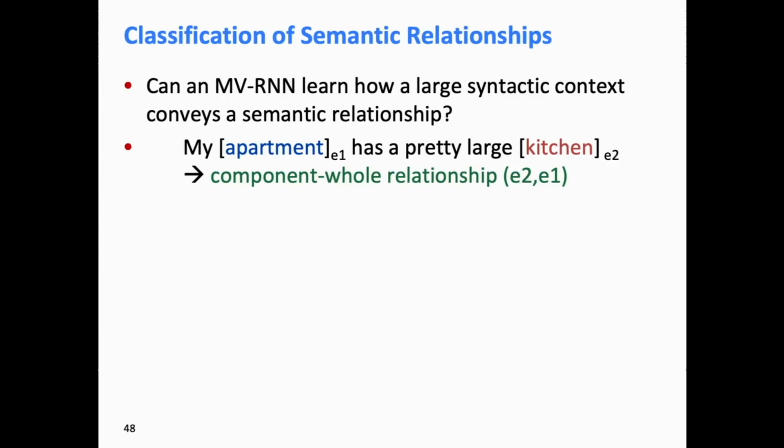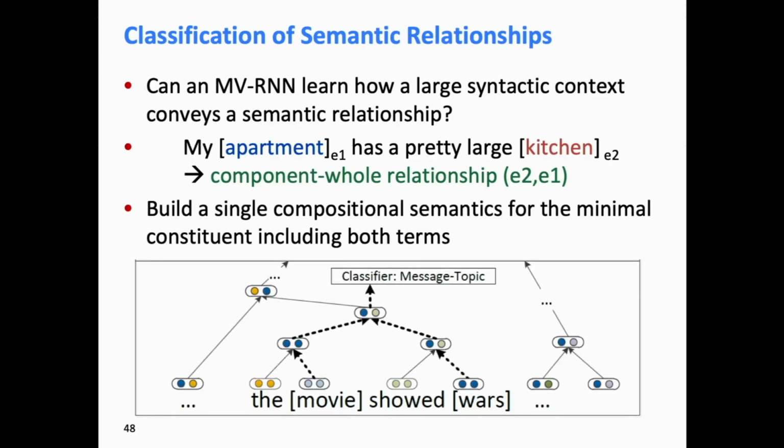We also then used this model to say, well, could we do semantic classification tasks? So if we wanted to understand relations between different noun phrases, this was a data set where there were relations marked between two noun phrases. My apartment has a pretty large kitchen. That was seen as an example of a component, whole, a part of relationship between the two noun phrases, and there were other relationships between different kinds of